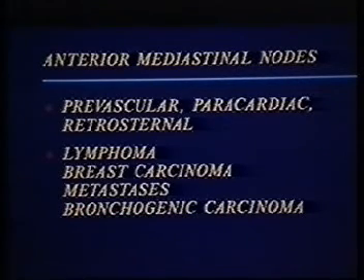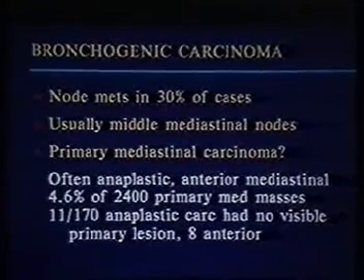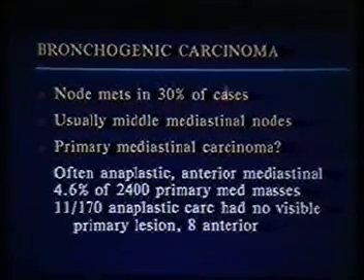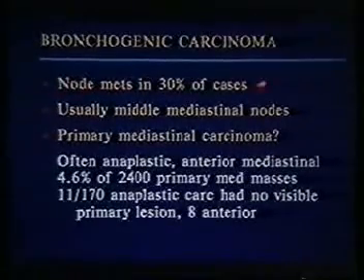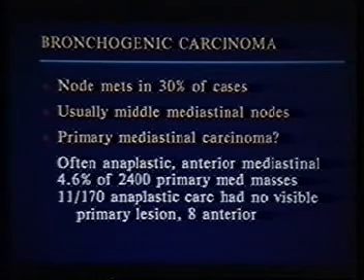Now, Gary mentioned bronchogenic carcinoma in the last lecture, and he talked primarily about middle mediastinal lymph nodes, but you can have anterior node metastases in patients with lung cancer. Node metastases occur in about 30% of cases with lung cancer, usually middle mediastinal nodes, but anterior mediastinal carcinomas can be seen. It has been suggested by some authors that these are primary mediastinal carcinomas. Now, that's something that I have some trouble understanding, but that is something that is bandied about in the literature,